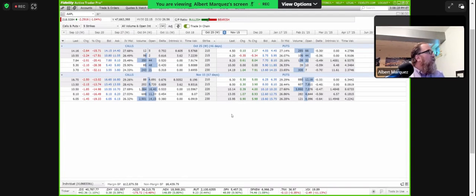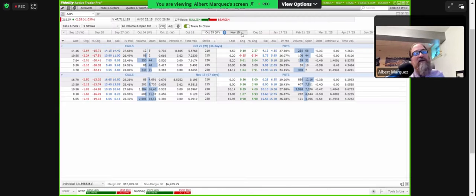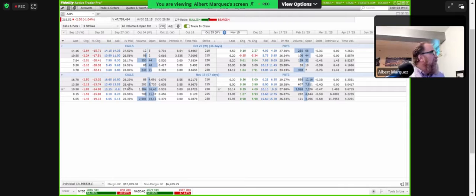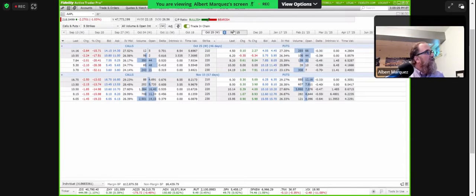So the thing I want to take a look at is what does this look like compared to each other? In other words, the October 25th does not include the earnings release, right? It expires right before it. November 15th will definitely include that. And in fact, once we get closer and we get a new weekly, we'll probably have a weekly that comes in right after this and includes the earnings. But look at the difference, right? If we're looking at something near the money, the 220 call, the volatility levels of this particular one versus the volatility levels of the one that actually captures the earnings. Now, this isn't a huge difference yet. It'll probably be bigger when we have an actual weekly that comes in after this.